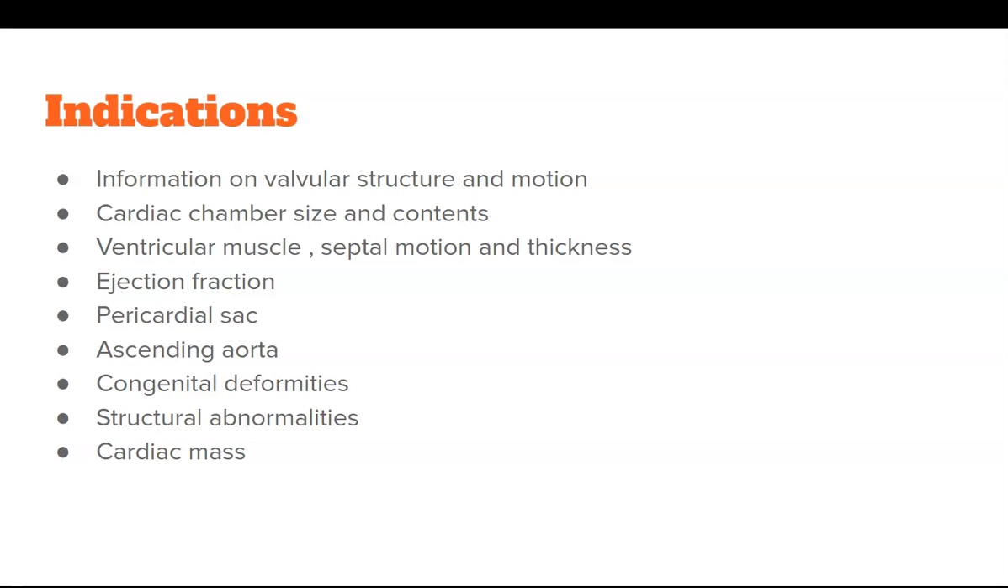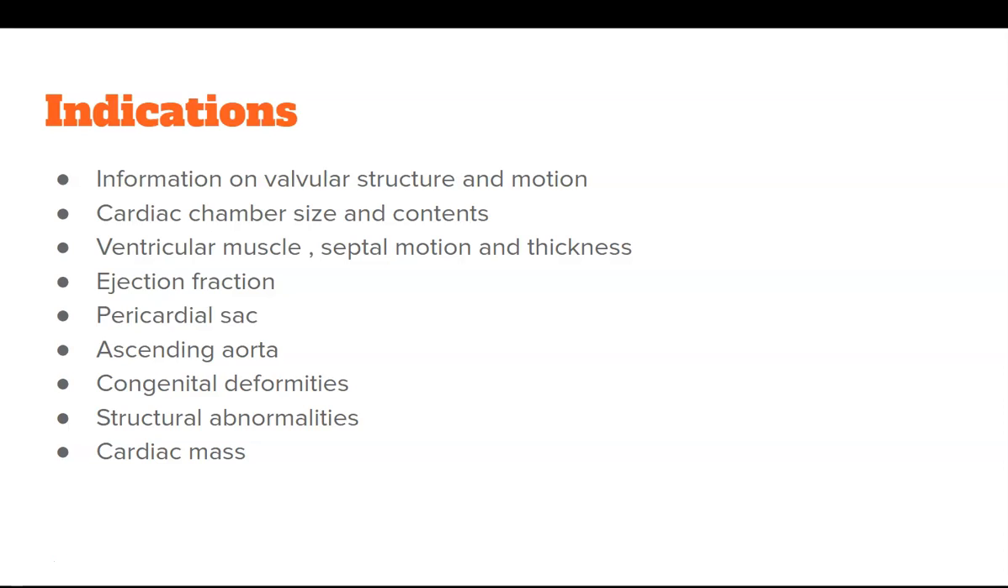So you can measure the ejection fraction with the help of echocardiography, which is a very essential function if you are using it for a heart failure patient. The next one is the pericardial sac. If a patient has a pericardial effusion or pericardial inflammation, you can view that in the echocardiography. Ascending aorta: you can view the complete ascending aorta, so you can screen the aorta for aneurysm or dilatation